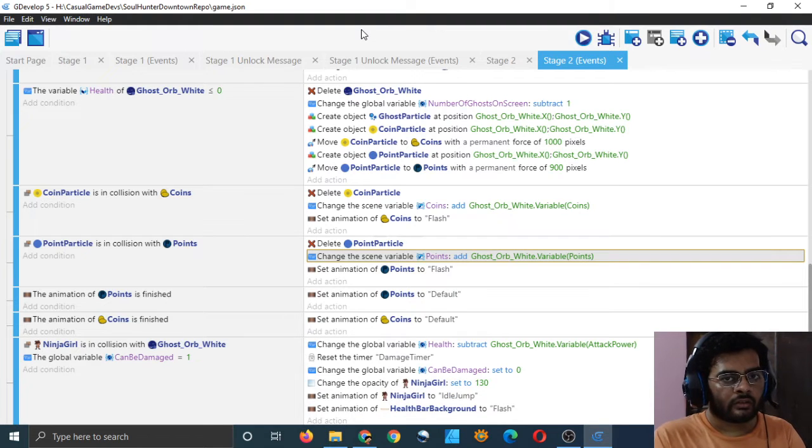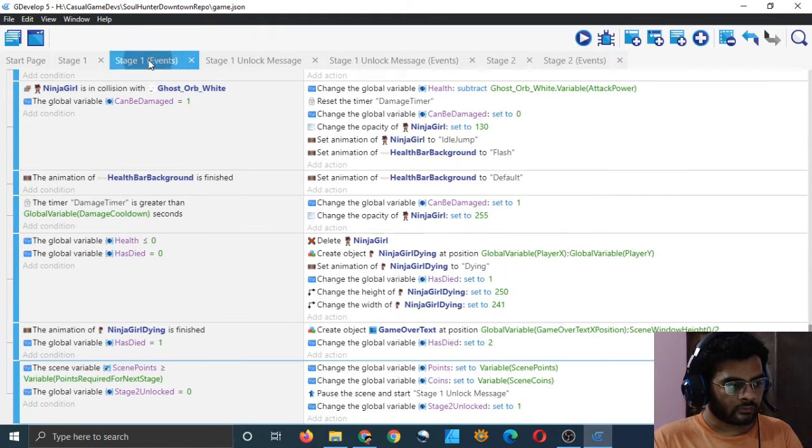We have also done this, so that we are updating scene variables while the scene is running, because when you run a new scene, you will start from 0 points. Although your main points are stored in global variables, when you play a new stage, you will start afresh from 0 points in that stage, and whatever points you collect in that stage will be added to your global variables.